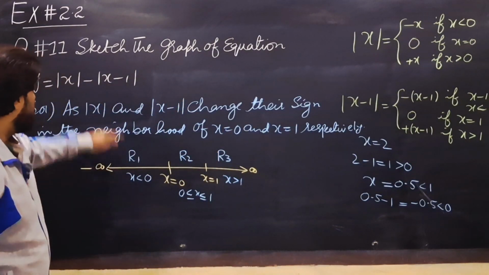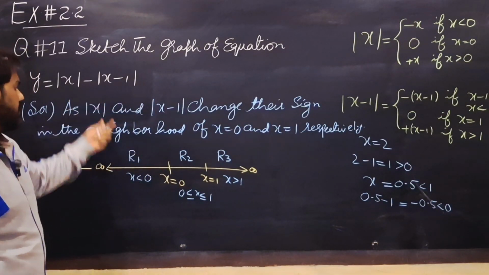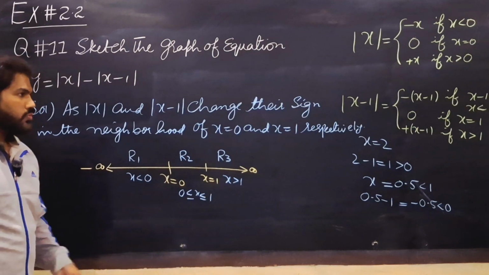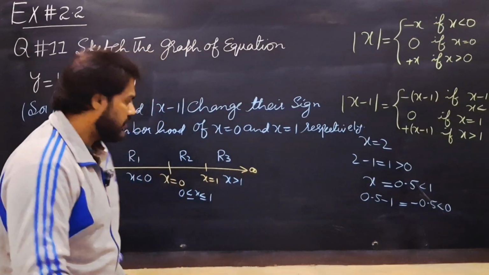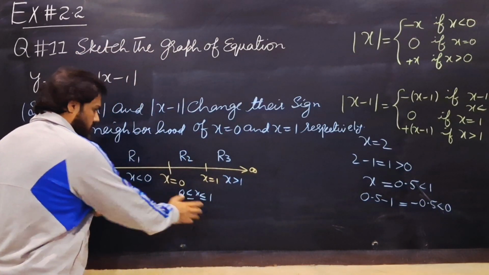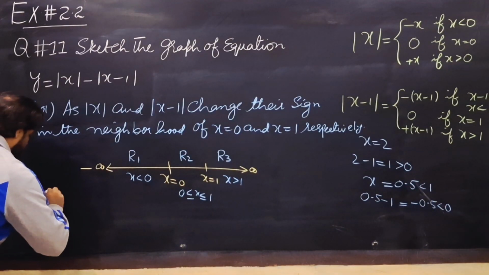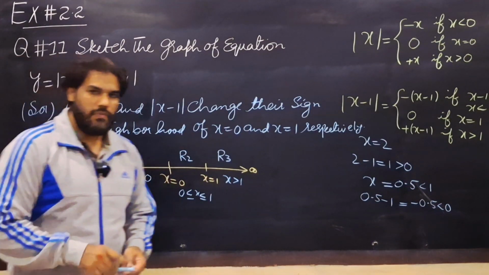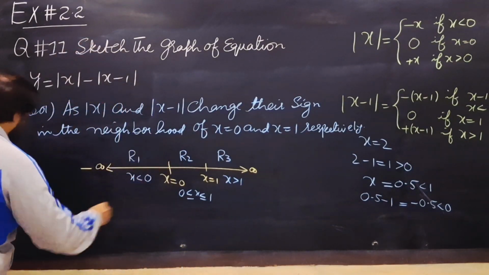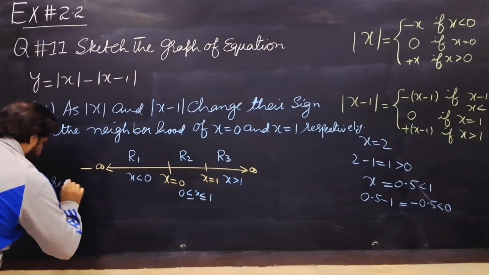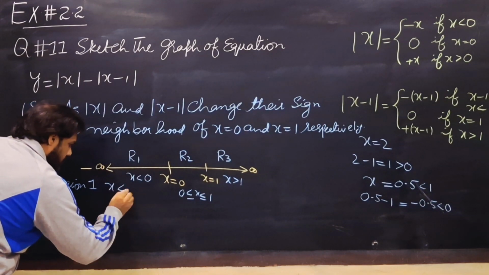Now we will find the different values of y, that is actually called the branches of this function, for all of these three regions. In other words, we can say our function y will be a piecewise function, depending on the values of the regions. Next we will write the value of our function y for these three regions. For region 1, when x is less than 0,